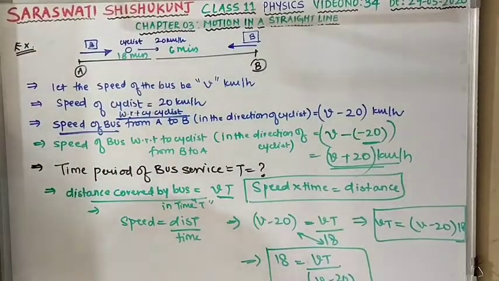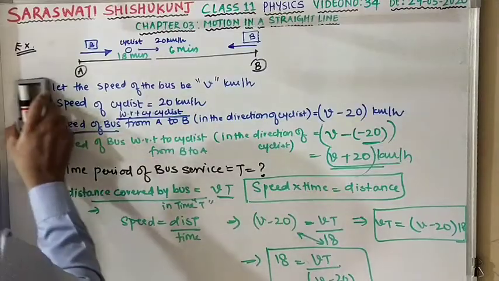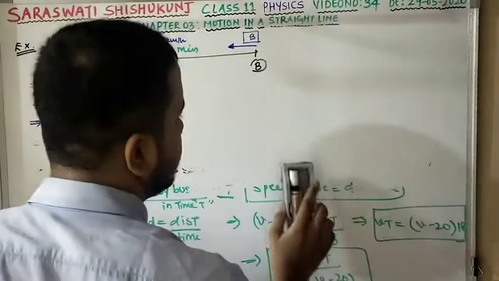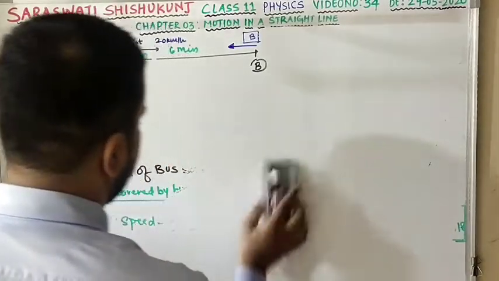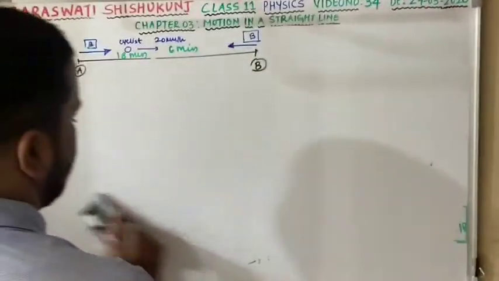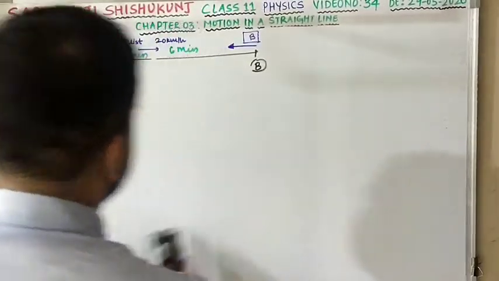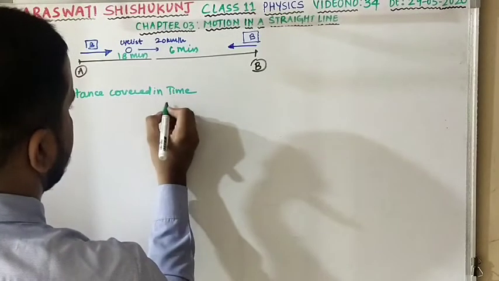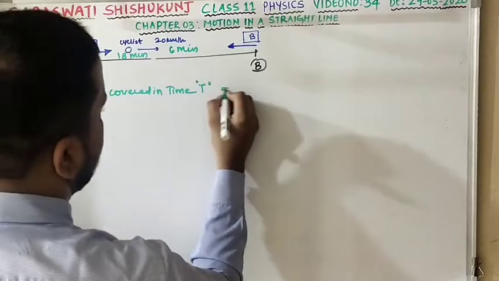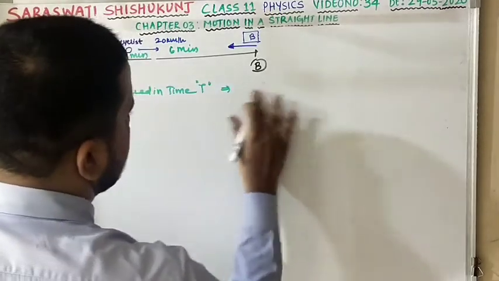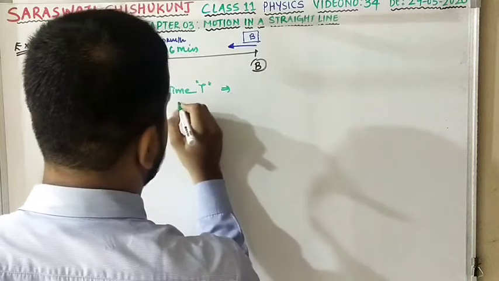You're able to notice one thing over here, that is for the first case. For the second case, if I need to determine, my second equation will be what? Distance covered in time t from end B. Clear? So what am I going to get again? Vt. So the distance I want to calculate is again Vt only.